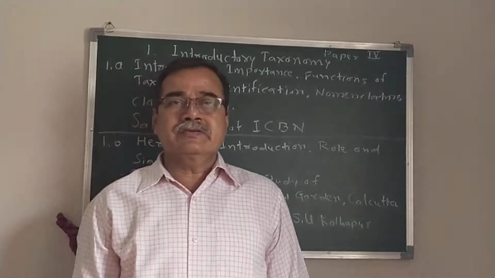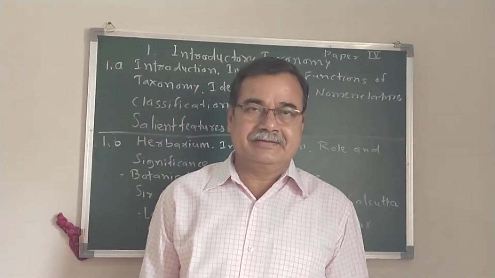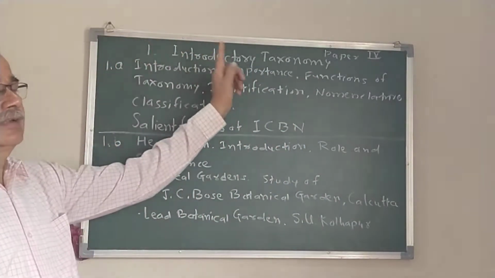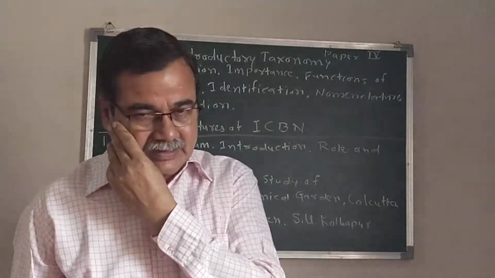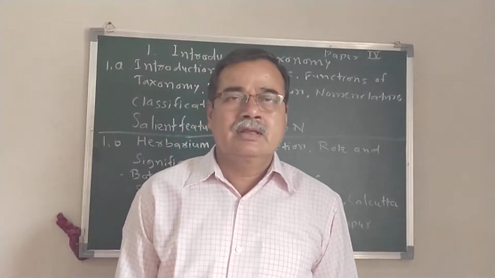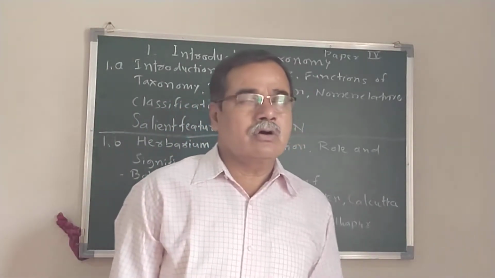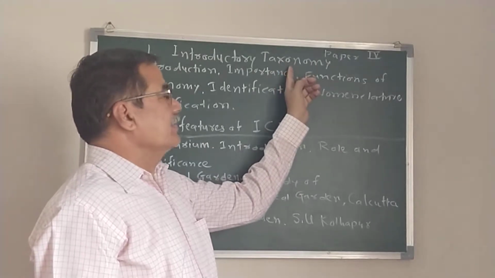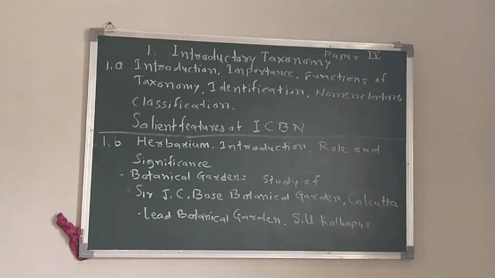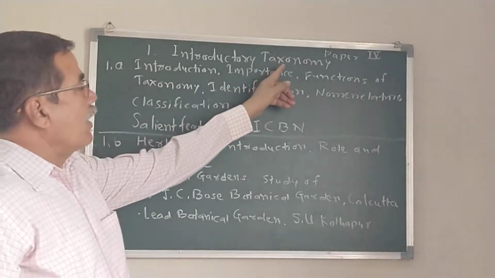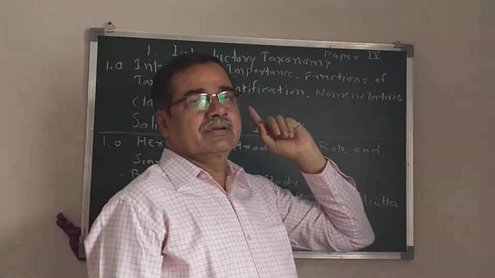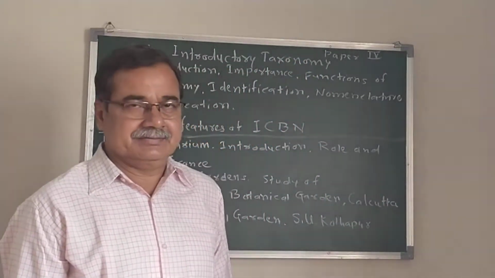Now we are going to see the new unit. The first unit is the introduction of taxonomy. Here, taxo means arrangement, and nomi means rules. It means that